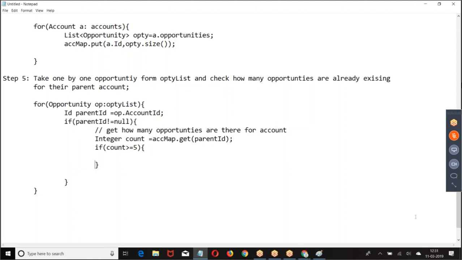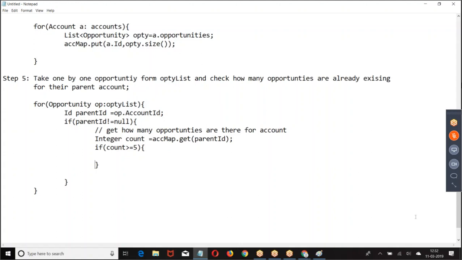Now, what are trigger context variables? These are the variables defined in the trigger class, which will hold the data required during the runtime of the trigger. Tell me one example. Is insert. It will give you true if it is an insert trigger. Is update gives you true if it is an update trigger. Right now we have seen only one variable. What is it? New. In the before insert trigger, trigger.new will contain the list of new records which we are trying to insert.